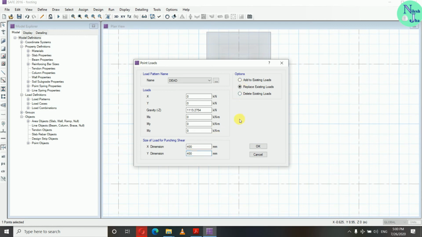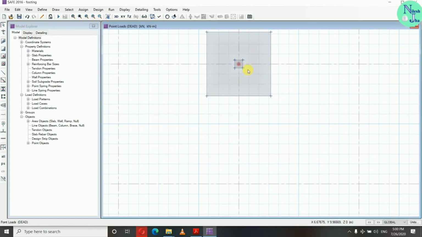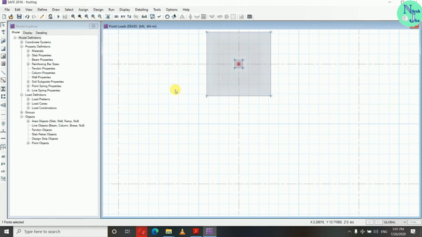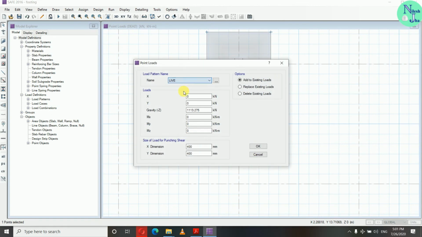Okay, replace existing loads. Here add to existing load means it will add to the load that has already been there, and if you replace, then it will replace the load that already existed there. So first we will replace and then we will again add the live load there. Okay, now again select this point, go to Assign, Load Data, and in Point Loads select live and give the live load value.